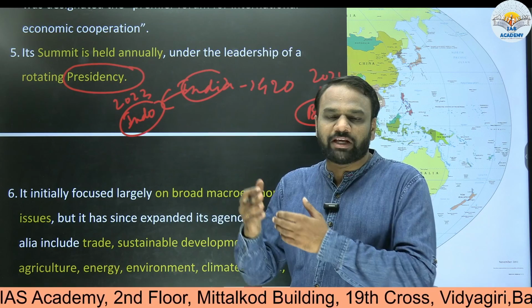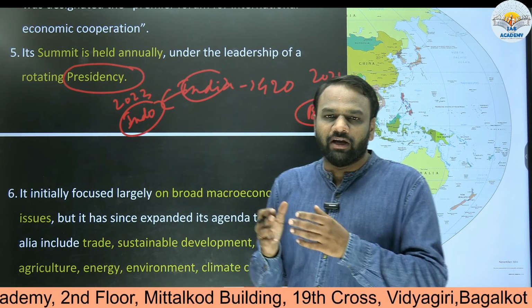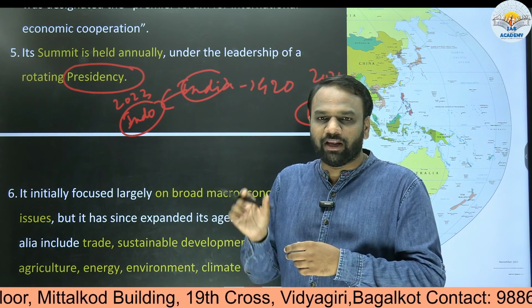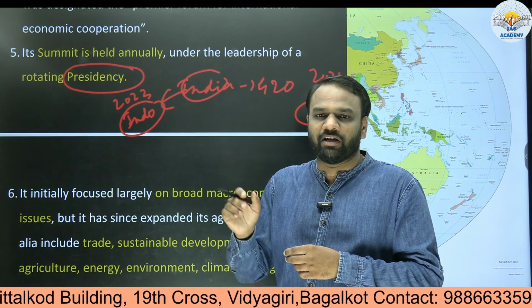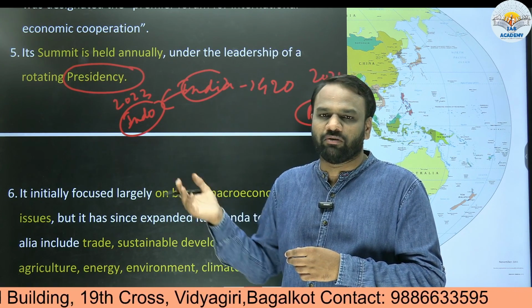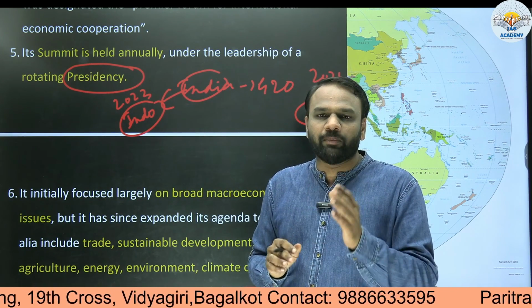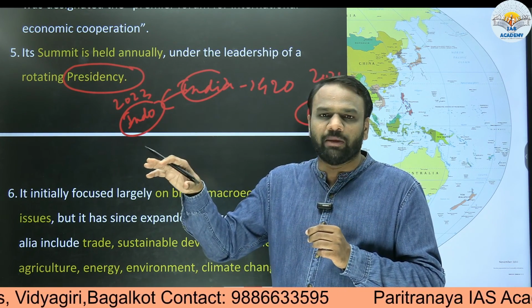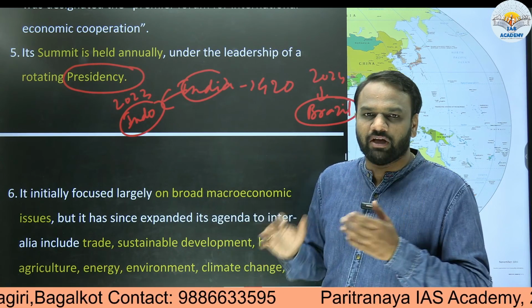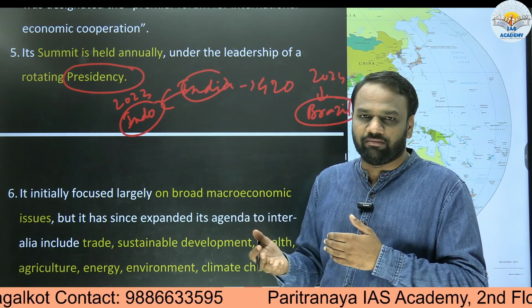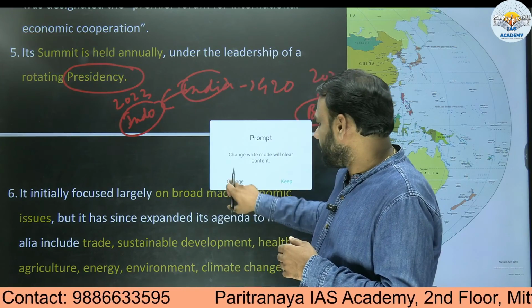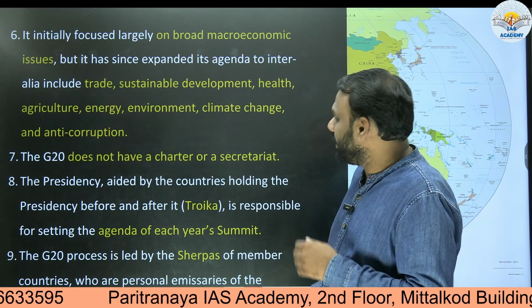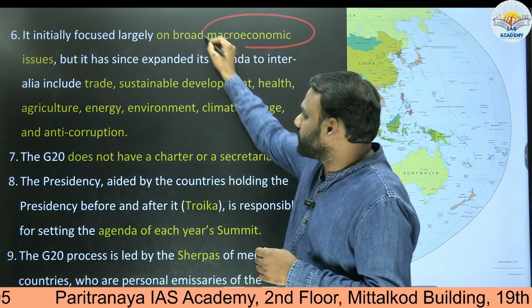Also, when you are exploring for more information, you will get a table like Group A, Group B, Group C, Group D. From a Group A country, a country will become president, next from Group B, next from Group C, and so on. That much depth of information is not important from the exam point of view. We need to understand the demand of the examination, so we need not go into the deeper aspects. This information would be sufficient: the presidency rotates every year. Next, initially in 1999, when G20 was formed, it focused broadly on economic issues.